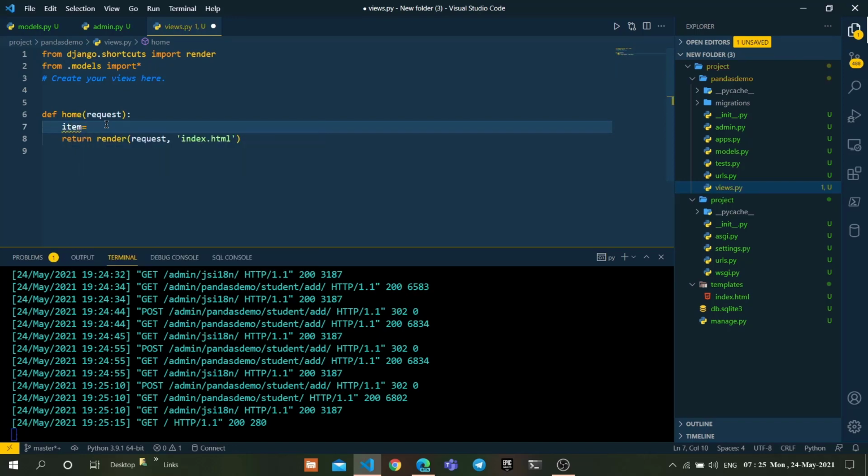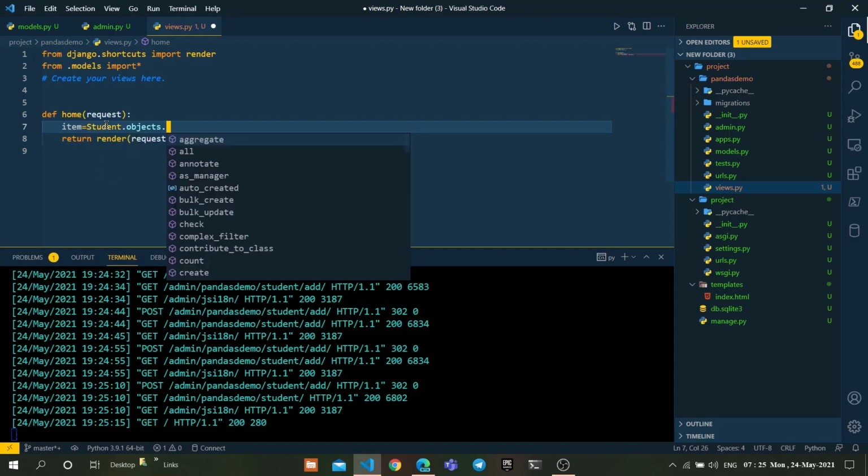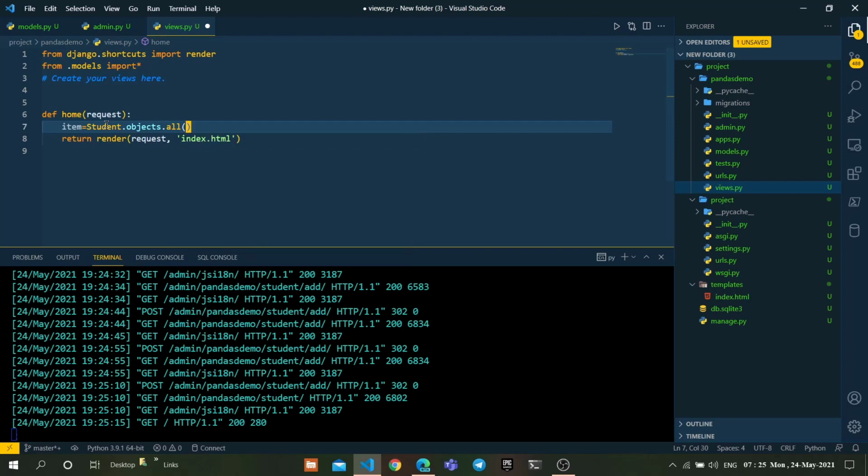So item equal to Student.objects.all().values(). What this does is create an instance as an item of the students table.